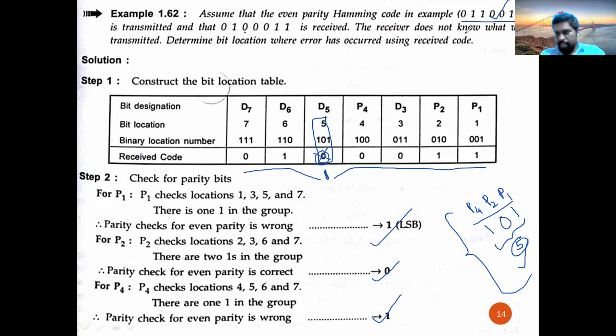Okay, but 99% this is the message they want to give. Why? Because we can easily identify where the error is. By seeing the question itself, we can say this bit is the error. But this is the message they want to give in the exam. Only the received message will be given. Then this is the method you need to follow and find out the position of error. Okay, it is very, very important.